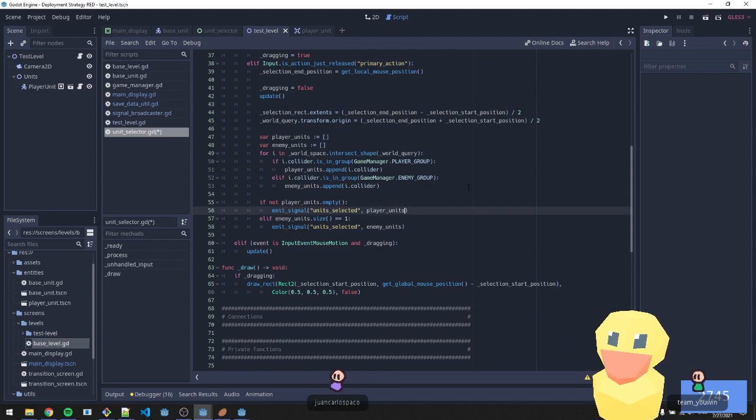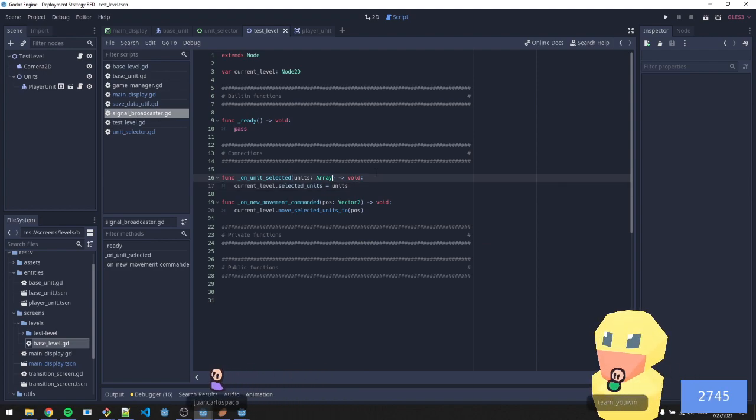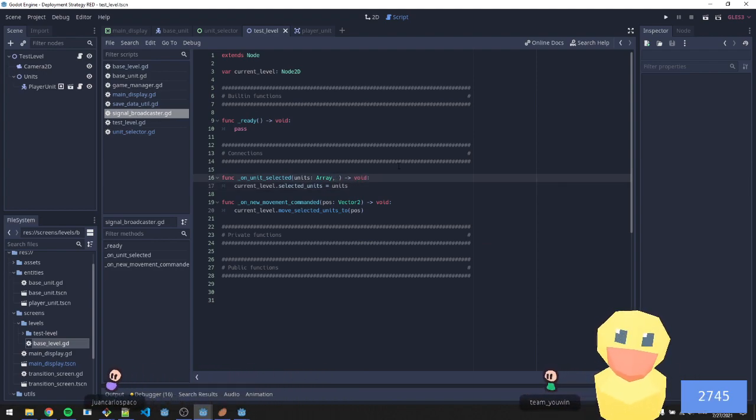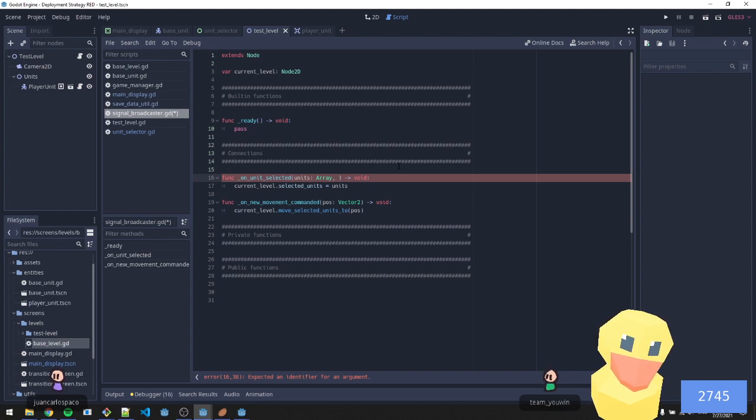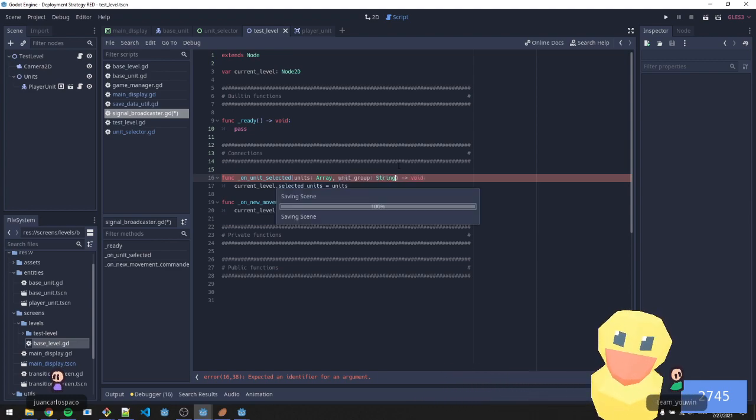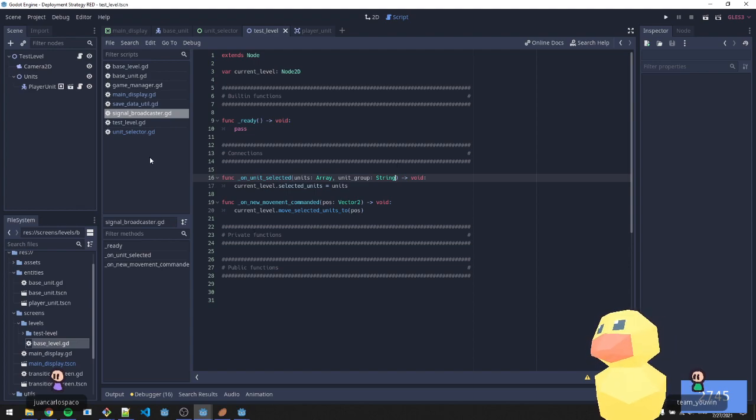So let's do game manager, player group, game manager, enemy group. Signal broadcaster, we need to hold on to this. So this is unit group, some sort of string. Yeah, okay, that's fine. So current level,